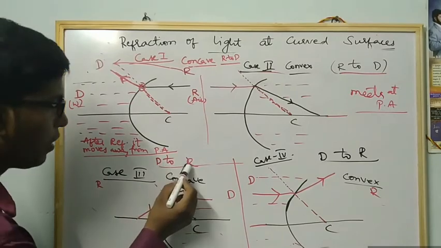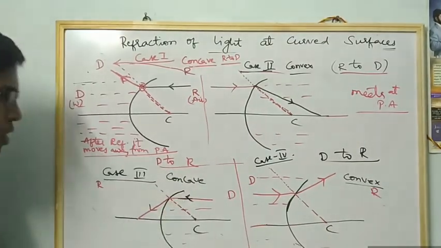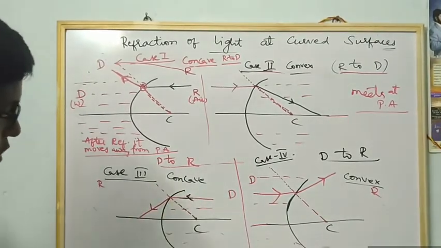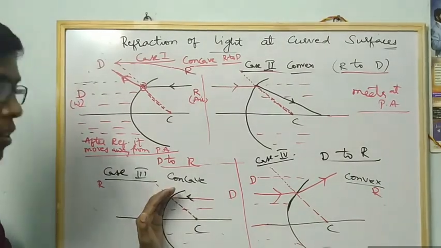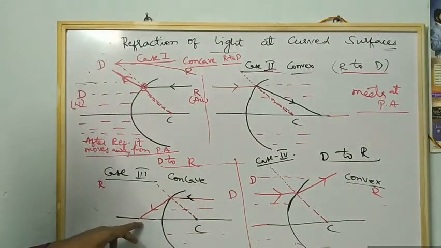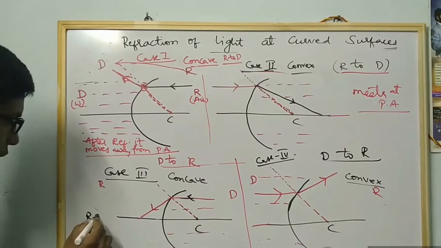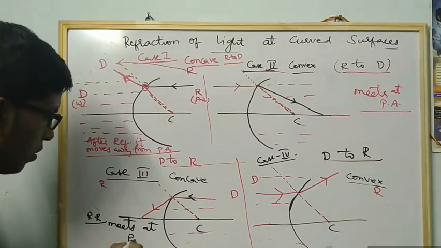Light ray is traveling from denser to rarer, it is coming in the direction denser to rarer and strikes the concave. The inner part, you understand like this, is the concave part, and the outer side is the convex surface side. So it strikes the inner part. What happens? It meets the refracted ray. We call it the refracted ray. The refracted ray meets at the principal axis.